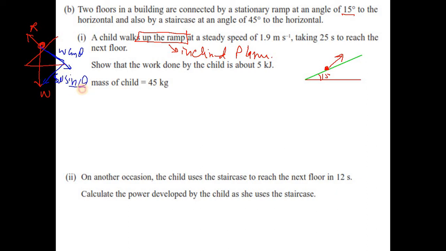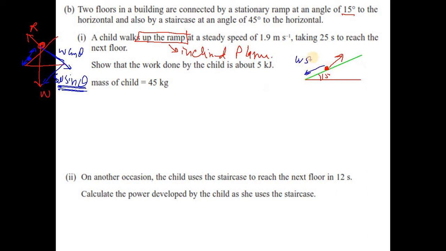And this W sin theta is the parallel component. So the important point in this case is, if someone or something is moving along the plane, either going up or down, the force acting on the object is not W, but the component of W, which is W sin theta. So if the child is walking up the ramp, it is doing work against the W sin theta